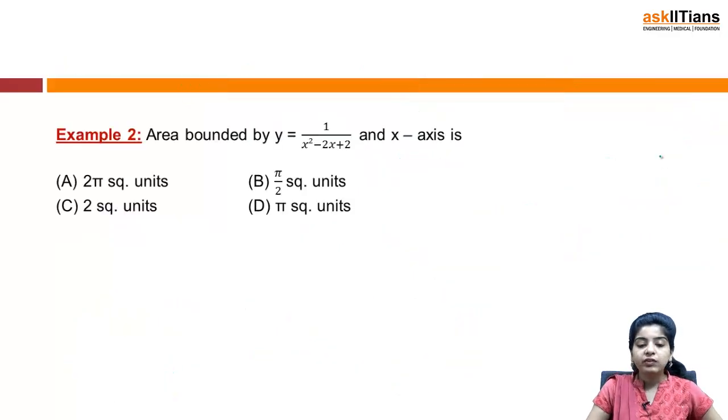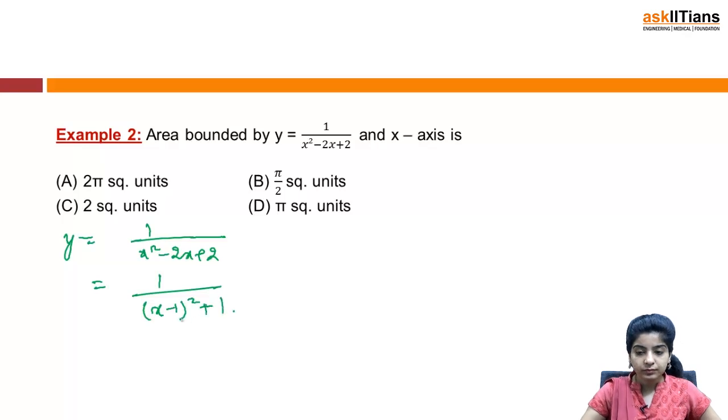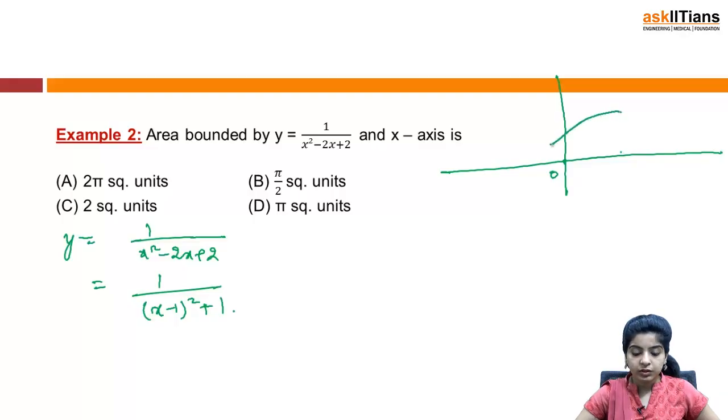The next question that we have is: area bounded by y equal to 1 by x square minus 2x plus 2 and the x-axis is what? So this is y is 1 by x square minus 2x plus 2, right? So it can be written as y equal to 1 by (x minus 1) square plus 1. You can draw your curve here. This is 0, this is 1, my curve will look something of this form,